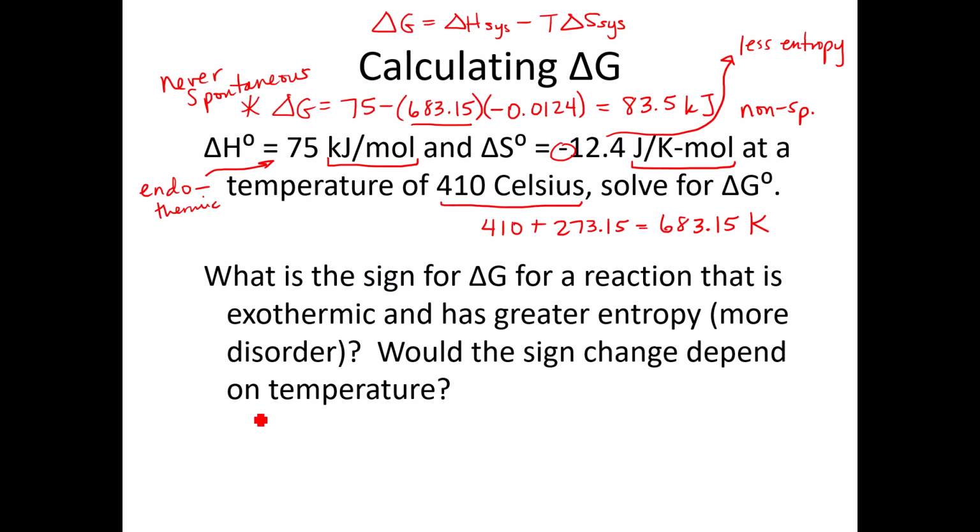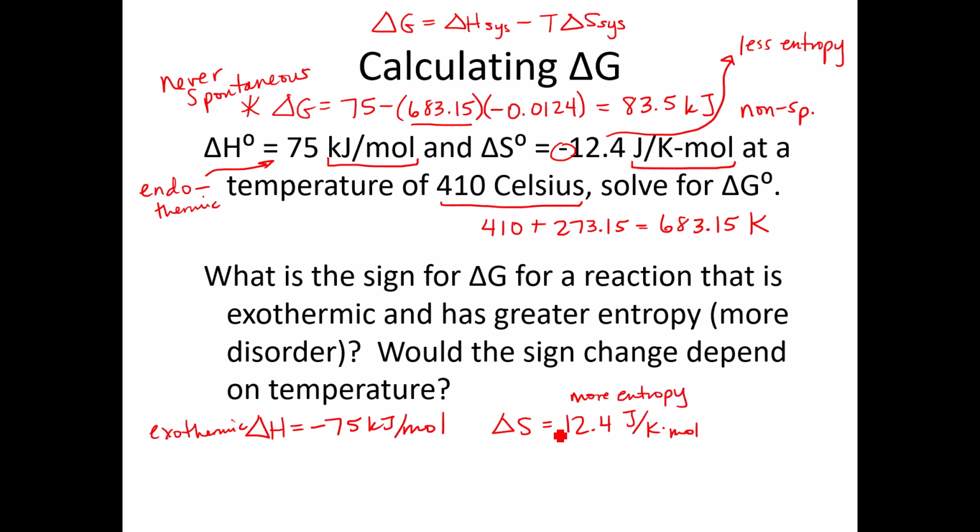Alright, now let's switch both the signs. Let's say delta H is negative 75 kilojoules per mole, and let's say delta S is positive 12.4 joules per Kelvin per mole. So now this is exothermic, which is favorable because I'm increasing the entropy of the surroundings, and I have more entropy in my system with a positive delta S. So both of those are favorable, and when I put these into my delta G equation,